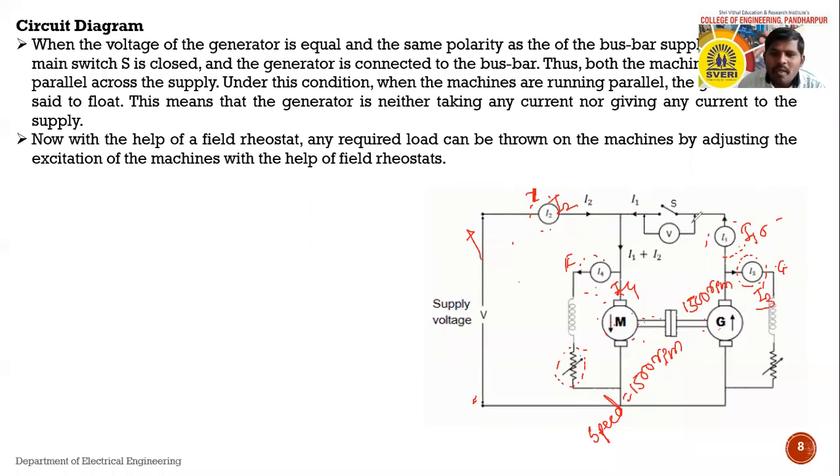So see, here one voltmeter can be used, and here one switch can be used. When the motor starts rotating at somewhat speed, we are achieving the rated speed by varying this rheostat. Once the speed is achieved near about 1500 revolution per minute, because of the direct coupling, the generator is also rotating at the same speed as that of the motor. Motor च्या same speed ला generator काय will run. Now the generator will start rotating.